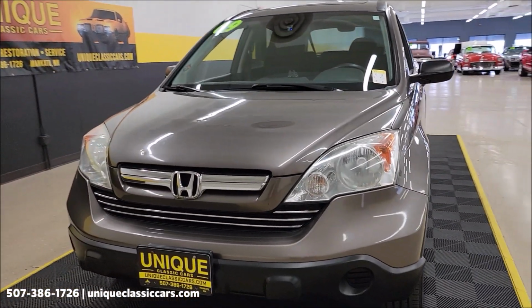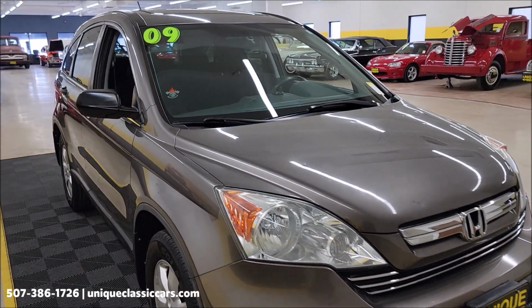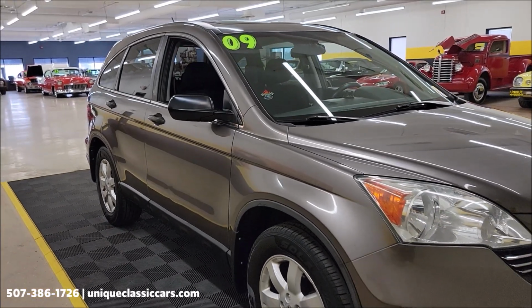2.4 liter VTEC dual overhead cam engine underneath the hood. Of course, that is paired up with an automatic with overdrive transmission. Again, all-wheel drive. Check out the still pictures so you can see the underside, interior, engine bay,